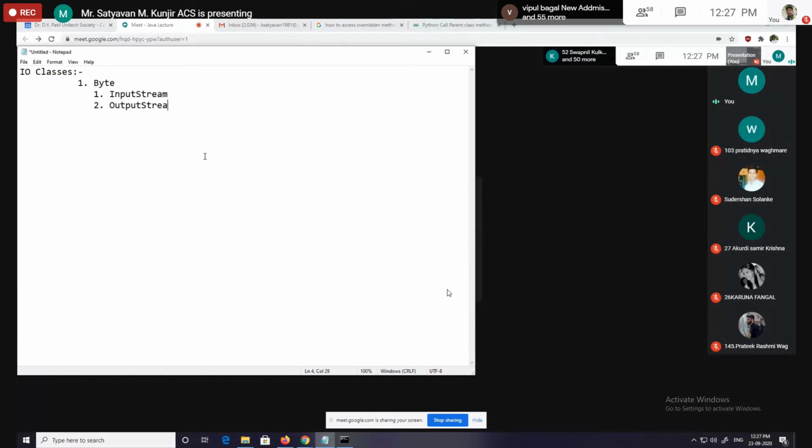You can write to the new line: input stream. See, what is it about input stream classes? Input stream classes actually transmit the data from input devices, like the keyboard, to the program. Stream means bytes of data. Stream is a technique, a pipeline technique. It carries the data from input devices to the program and from the program to the output devices.